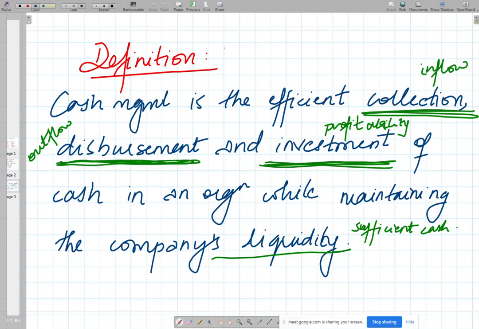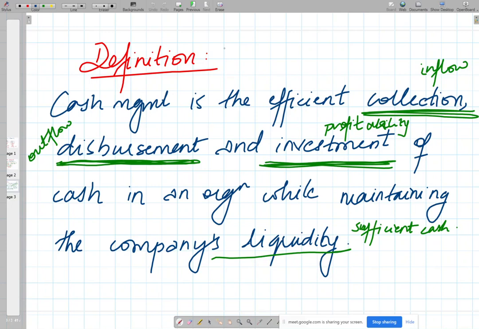Thirdly, you have the investment of cash. At any given point of time, you may have excessive cash that remains in the business. Besides your working capital needs, besides whatever you need for your day-to-day business requirements, there may be some amount of cash that simply lies idle either with you in the form of currency or maybe in the form of deposits in your bank accounts, correct? So how well to invest this excess or this surplus of cash, how to make sure that you're earning enough return on it and that it's not simply lying idle, that is extremely important, right?